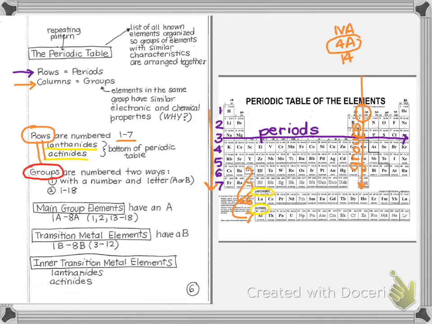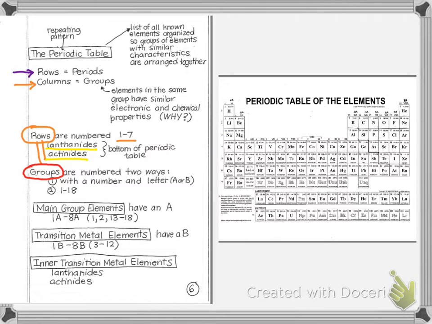Now what I also want to do, so in a previous video, we categorized the elements as metals, nonmetals, and metalloids. Now we're going to do another categorization, and I'm going to erase what I have on this periodic table. You can go back in the video and look at it again if you want to, and pause it. But I want to erase this, and then I want to label it the other three ways. So the first thing we're going to look at is the main group elements.